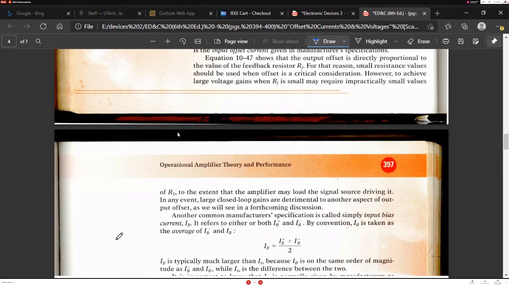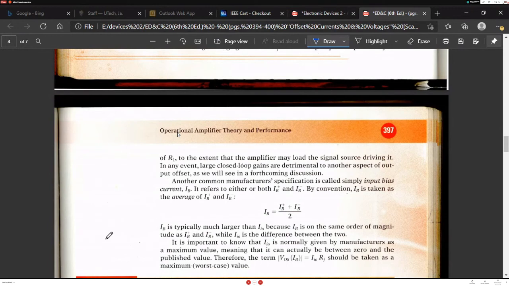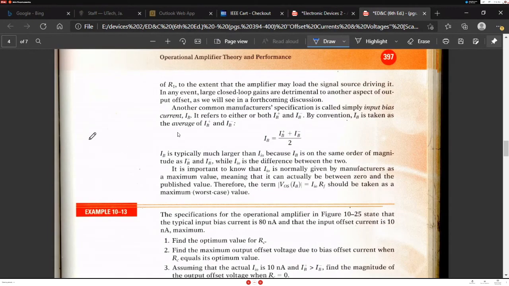All right? To the extent that the amplifier may load the source driving it. Which simply means that, guess what? If the value for R1 is too small,